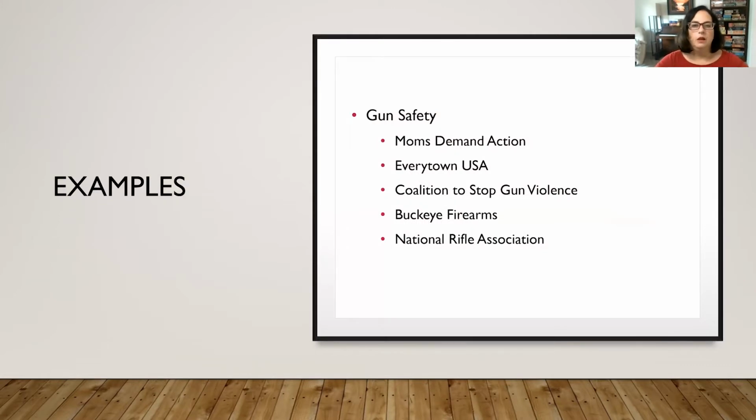So, for example, gun safety. Lots of people in public health in the last couple of years have been really looking at gun safety and how can we address excess death related to the lack of that. There are many different advocacy groups that are engaged. So if you start spending a little bit of time looking into it, you'll see things like Moms Demand Action, which is women coming together that feel strongly about enacting common sense gun reform. Everytown USA and Sandy Hook, these are things that grew out of some of the tragedies we saw in Connecticut through the shooting at Sandy Hook. There's a coalition to stop gun violence.